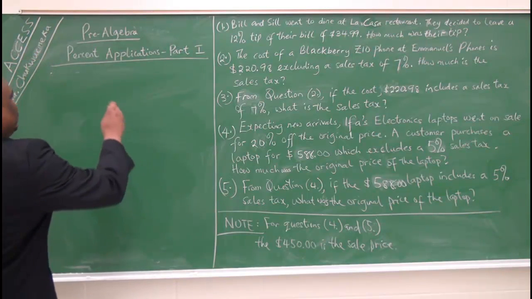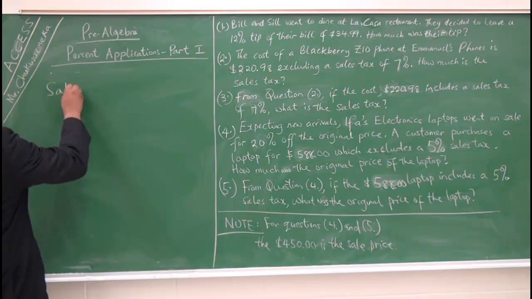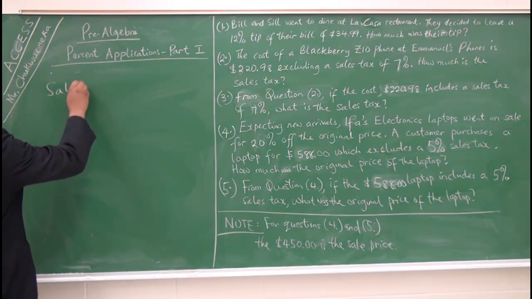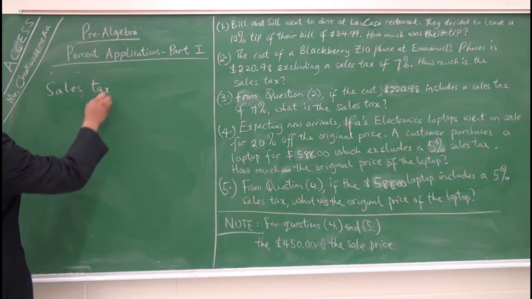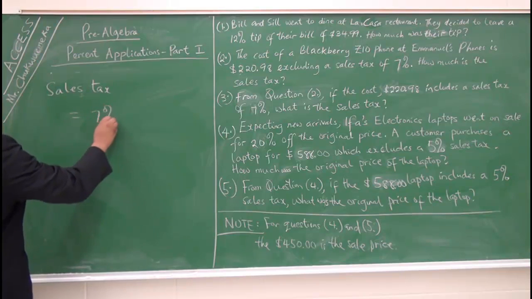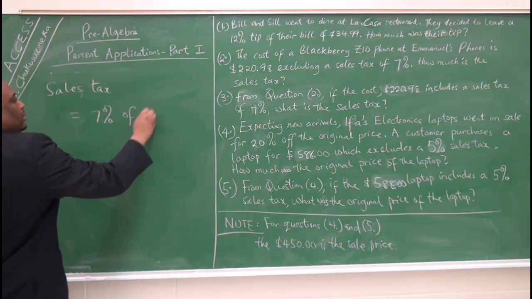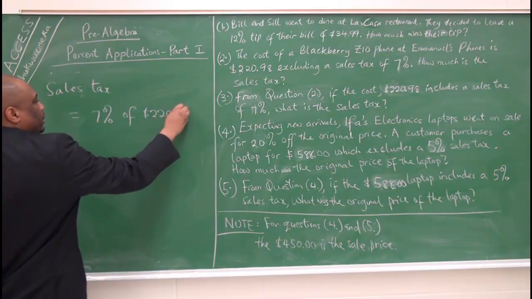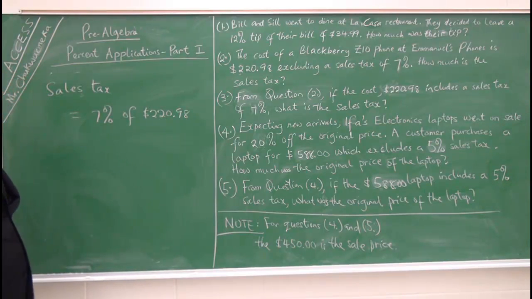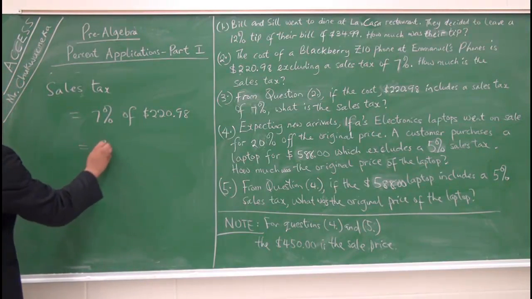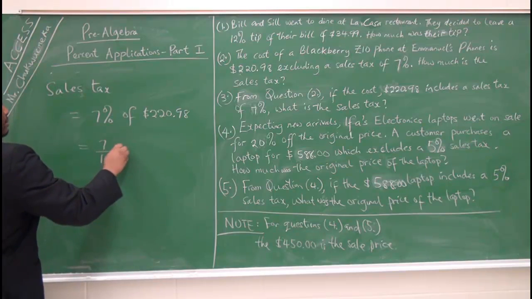So the sales tax will be what? The sales tax will be 7% of the $220.98. So this will be 7 out of 100 times